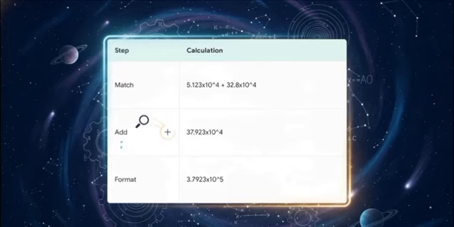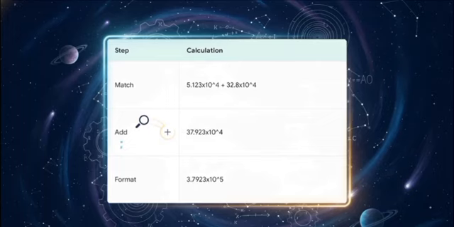Now, the absolute most crucial point here is this. You cannot just add these base numbers together right out of the gate because their exponents do not match. It's literally like trying to add apples and oranges. Look at the match powers step. We have to force them to share the exact same power of 10. So we rewrite that second number, shifting its decimal one place to the right, which turns 3.28 into 32.8 and logically drops its power down to 10 to the fourth. Boom, now they match. So we simply add the base numbers, 5.123 plus 32.8, to get 37.923 times 10 to